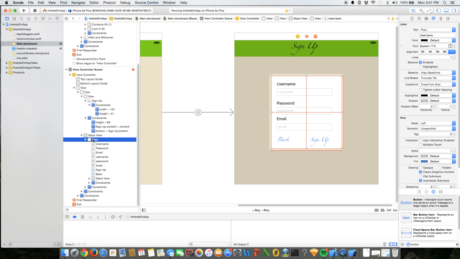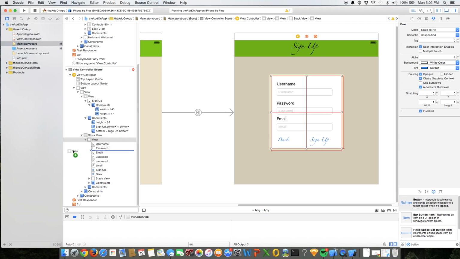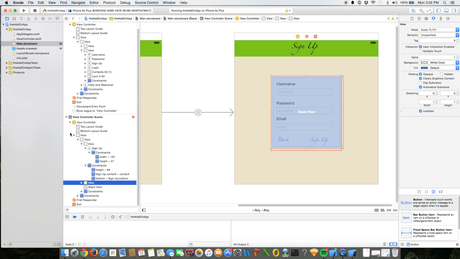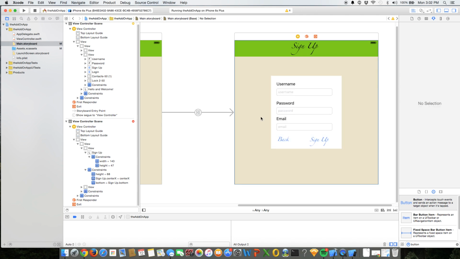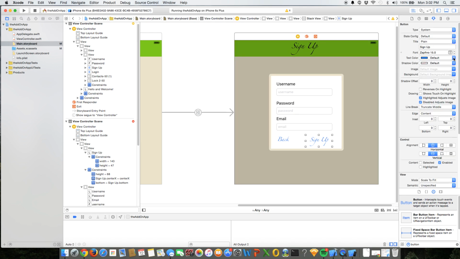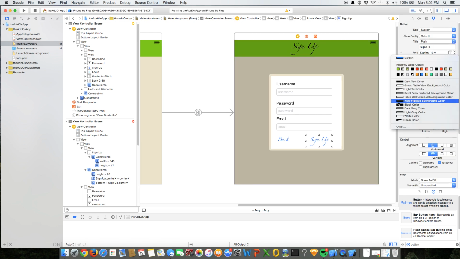I don't know if this happens to you guys, but okay, there we go. Voila. Let's put it right above it. Boom. Now I'm gonna take the stack view and delete it. I'm sure there's another way to do it. There always is. But now I can get back to a black color